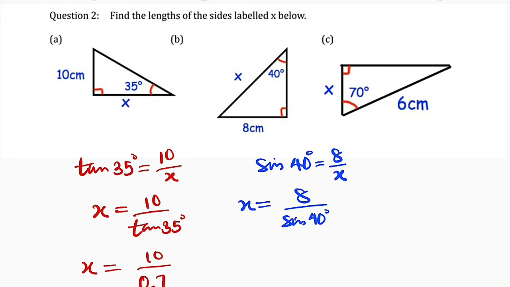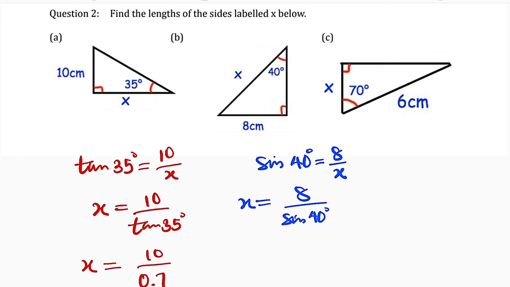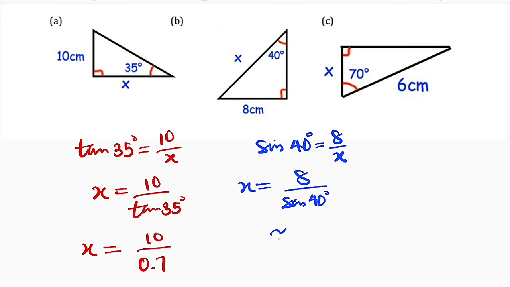So use your calculator. If it can take all these values together, just press 8 divided by sine of 40 degrees. And according to my calculator, this is approximately equal to 12.4 in 1 decimal place. This is centimeters. Then the last one here, you can see that this is the hypotenuse, the longest side, and this